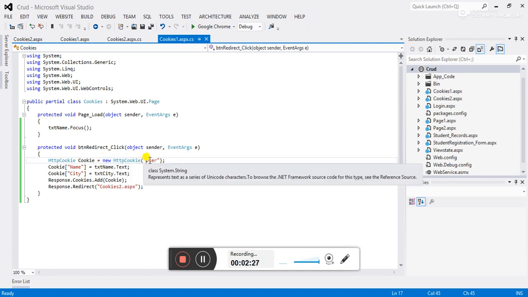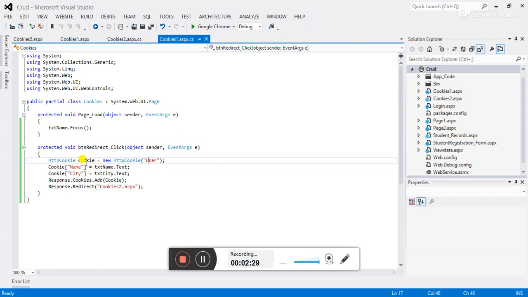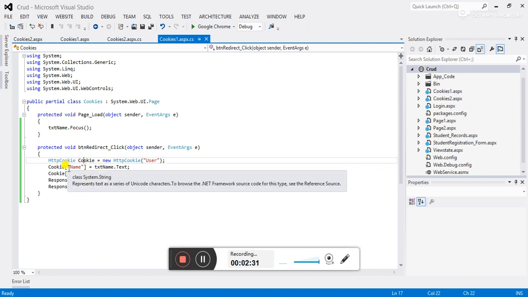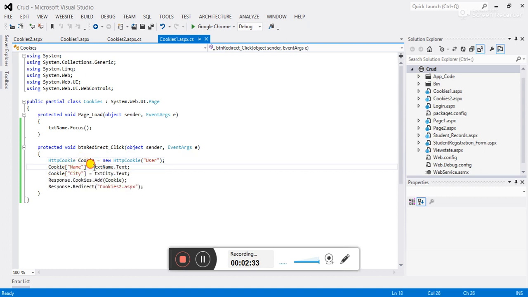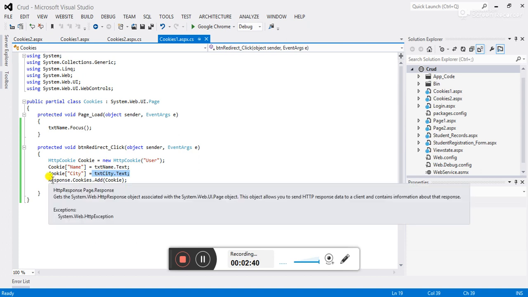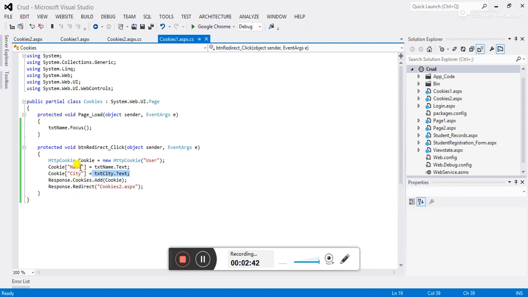This is the name of the cookie. By using this cookie object, we have to pass the username and city here, and to add the cookie we use Response.Cookies.Add, and we pass this cookie object. After that, we want to redirect to the next page.